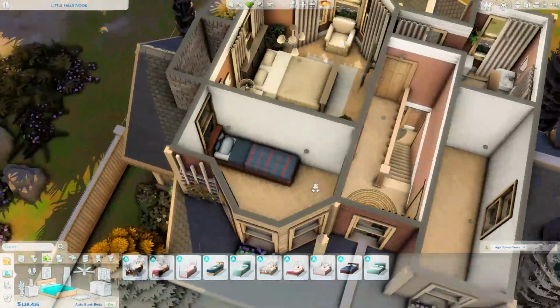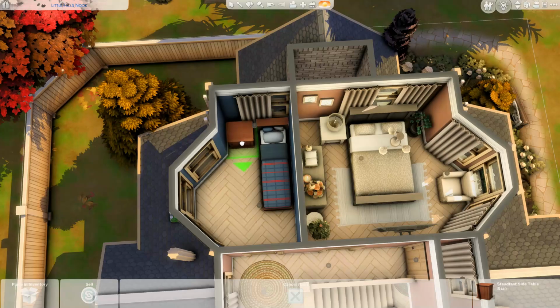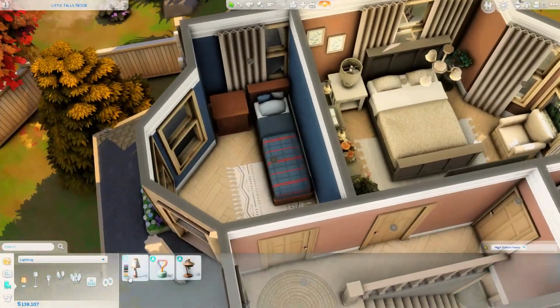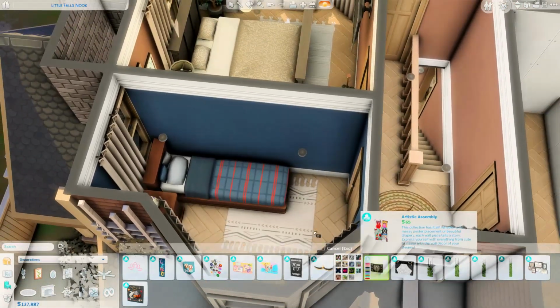This is the teenage boys room, and this is probably my favourite bedroom out of the entire house. I love the colour scheme. I also love this bed. I've used this bed in the double bed version so much. I think in the last 2 houses that I've